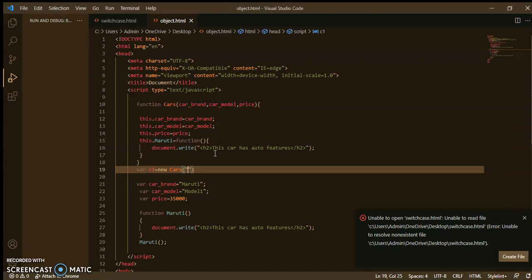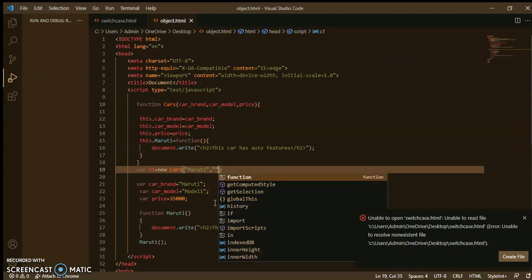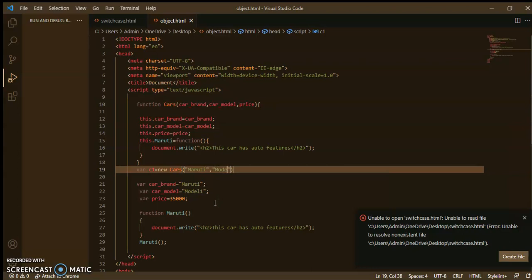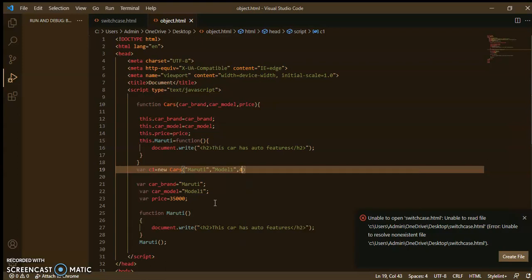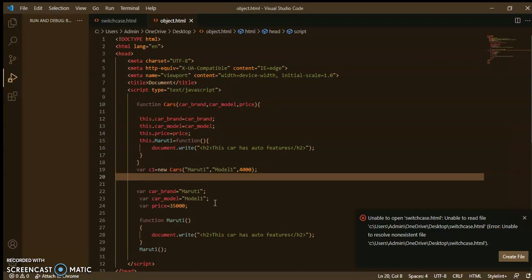so use the values like car brand. What is that? Maruti. And car model. Okay, suppose it is model 1, so write model 1. And then price, suppose 4000. Okay, like this. Same like this you will create another variable if you want to call.